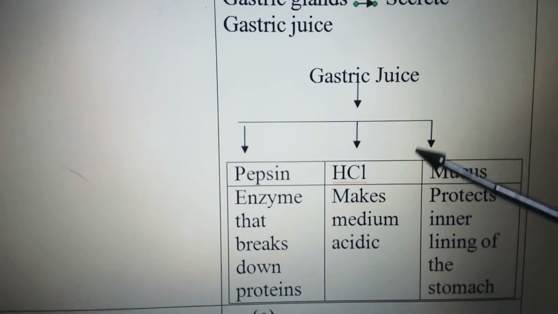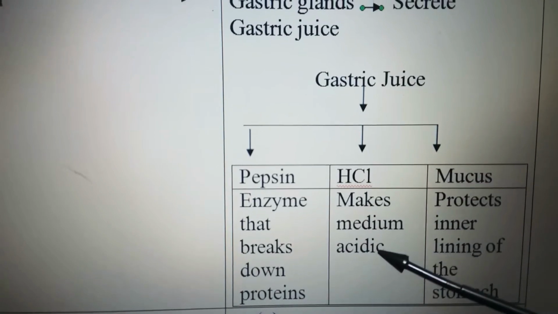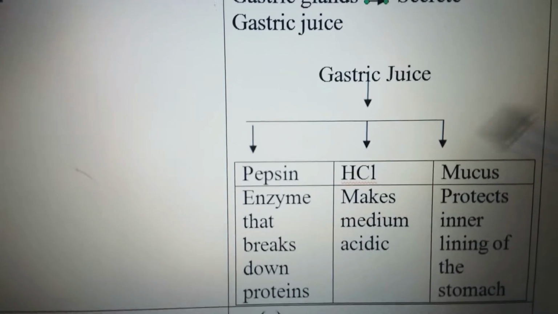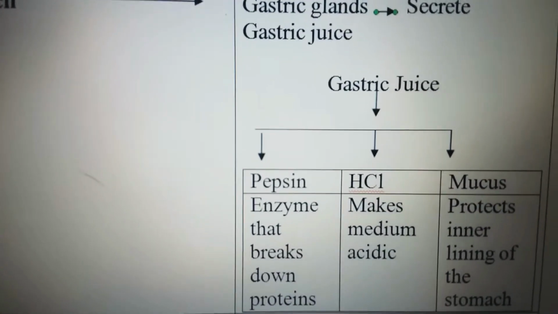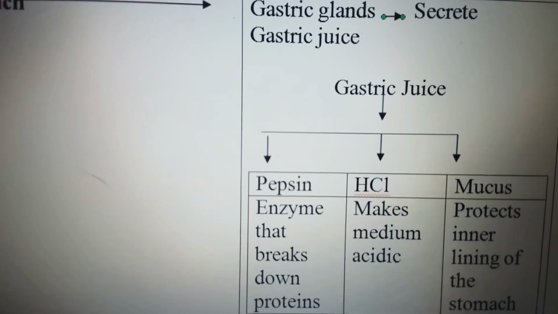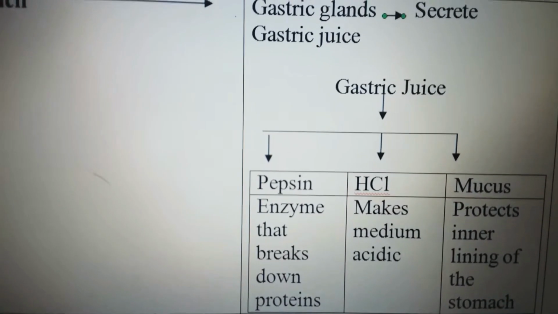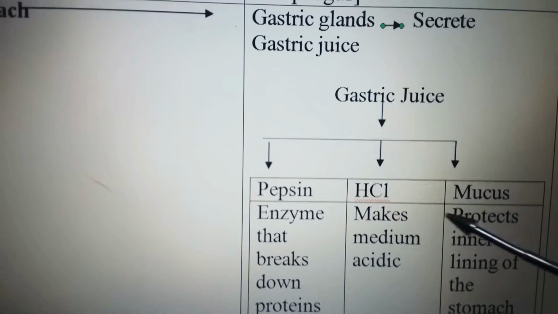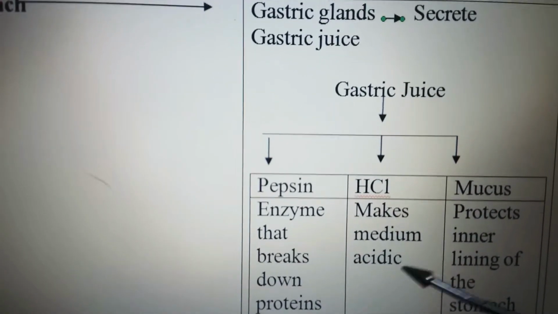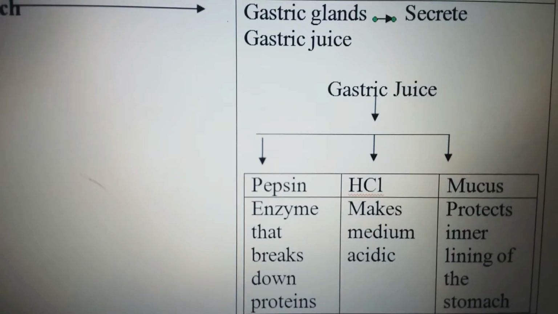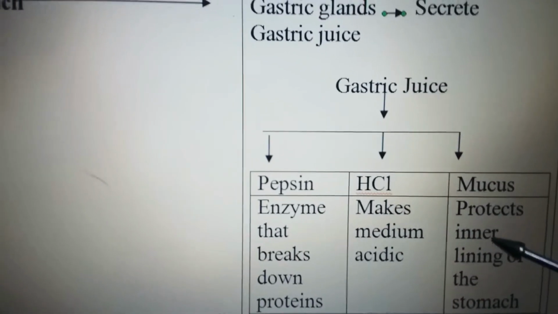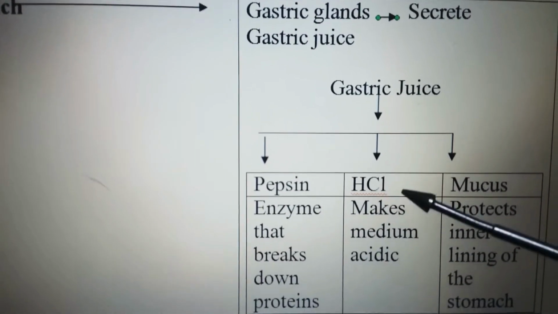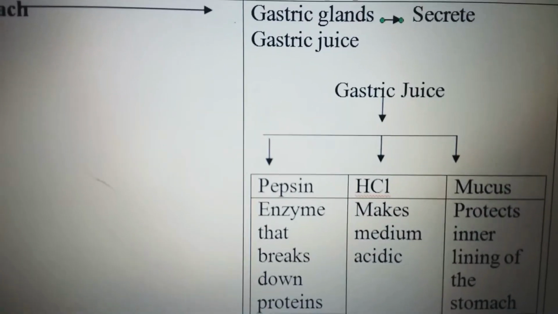Now in the stomach, mucus is also present. As we are aware that acid is present inside the stomach, but the lining of the stomach does not get ruined or affected by the presence of acid. So what is going to help the stomach save itself from the action of acid, that is HCl? It is the mucus. Mucus is going to protect the inner lining of the stomach, which helps it not to be ruined or affected by the stomach acid, that is HCl.